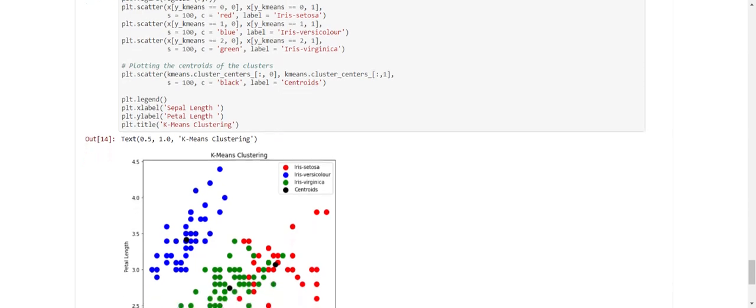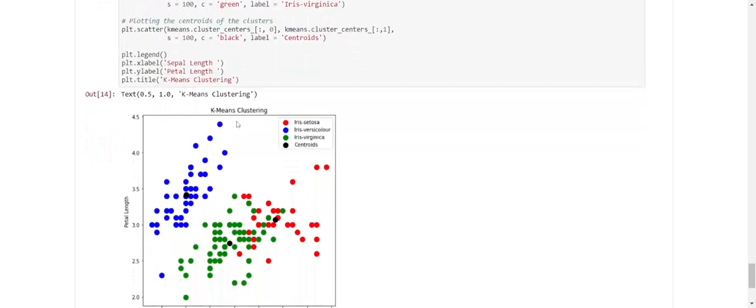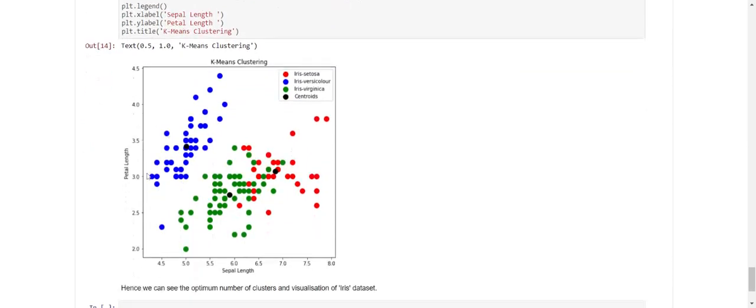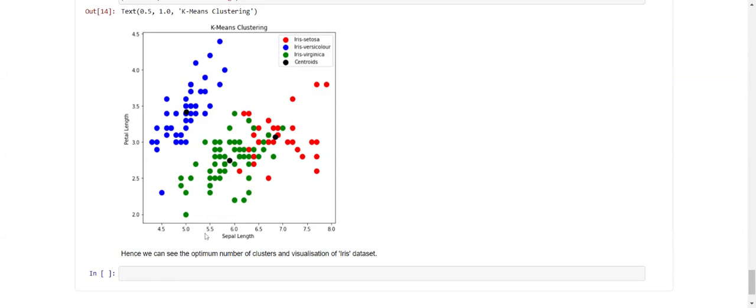After that I have given the title as K-means clustering, and here we get the petal length and here the sepal length. We are now getting the centroids and also the optimum number of clusters, which we get as 3. So it is the final visualization of my implementation.